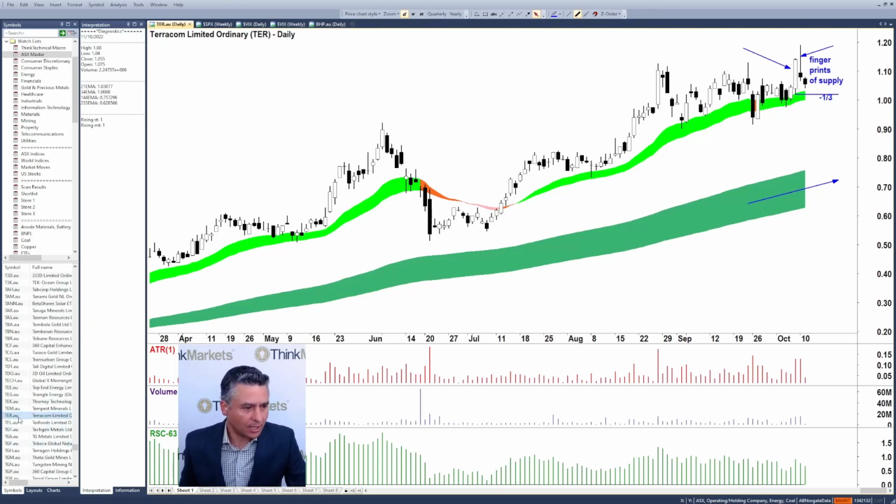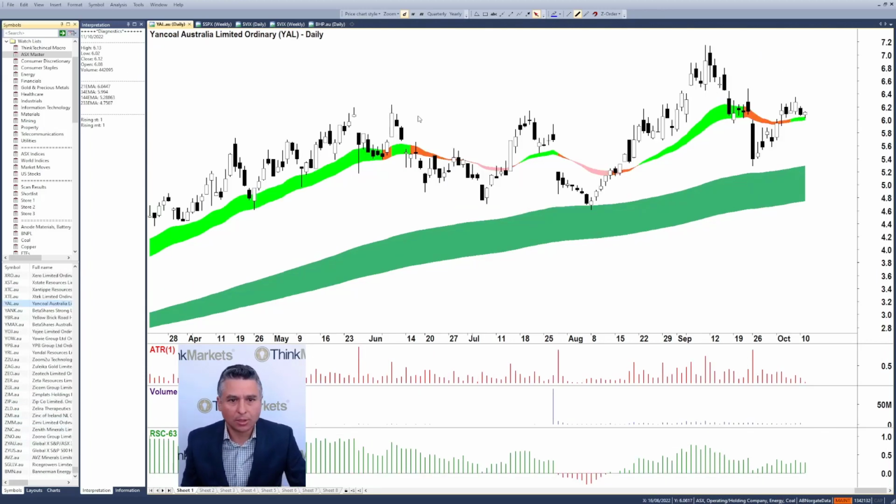Okay. And last one, Yancoal, which is actually quite boring compared to the other ones, isn't it? I'm a little bit concerned in terms of building supply. You often hear me talk about this idea of building supply, but no, I don't think it's panic stations yet. If we see a black candle, because I'm not going to be here every day for you, I'd say a long black candle that closes beneath that, but certainly this, then I think we are in this sort of building supply environment,